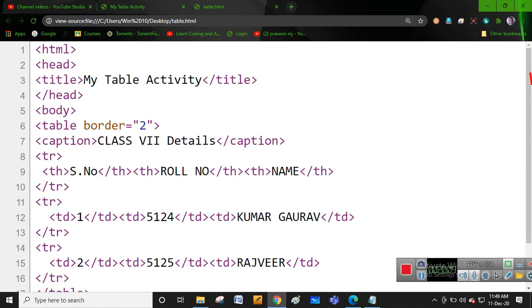There are a lot of tags in this, so it is not required, it is not in your class 7 textbook, but if you learn the table well, you can do a lot. The table structure and table tags have a lot of inbuilt features, which are not given in the class 7 textbook. If you go to higher classes you will get it. So till now in this table you get the idea about this particular tag.